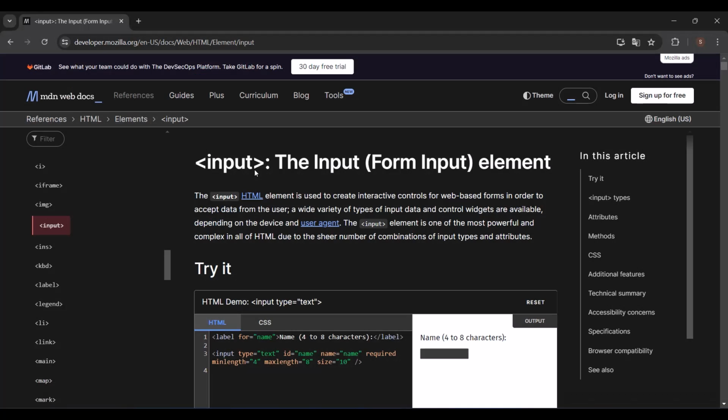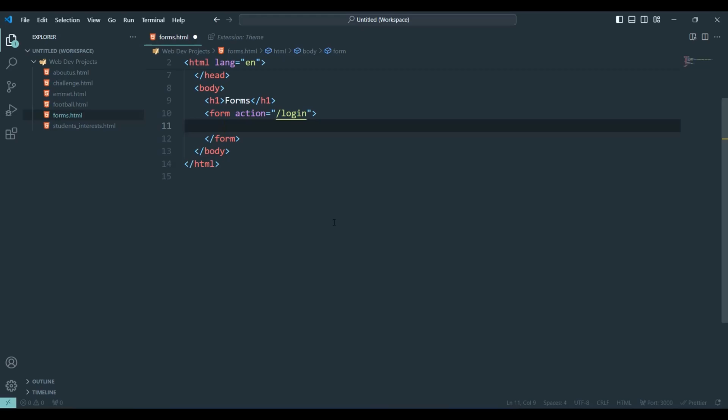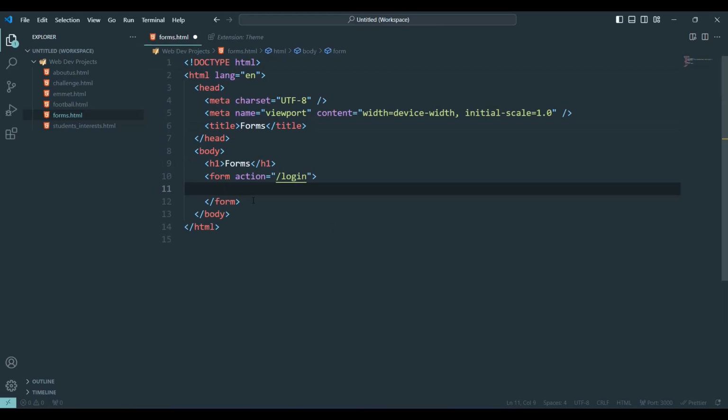Alright, I'll end this video here, and I'll see you in the next video. Welcome back. Now it's time to see what goes inside the form element, or the form container or wrapper, and that is the input element, which is very versatile, so it can be used to represent 20 plus different inputs. Let's open Visual Studio Code, and here inside our forms I'm gonna type input,